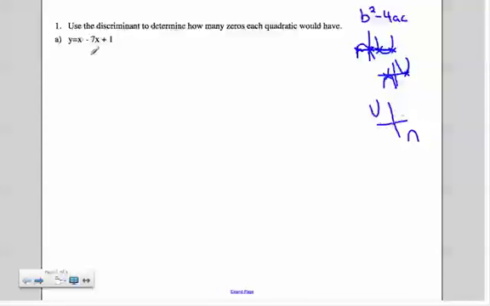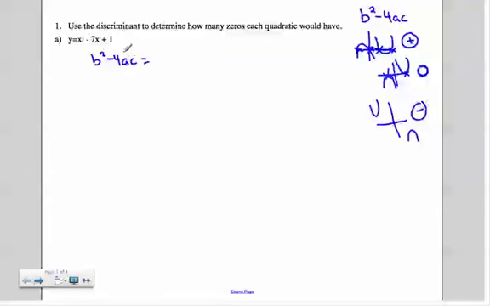But it's quicker if we just look at the discriminant, and it's all about what the sign or the value of this is. 2 zeros is when the discriminant gives us a positive. 1 zero is when the discriminant equals 0, and no zeros is when the discriminant, which is the part under the square root, gives us a negative,